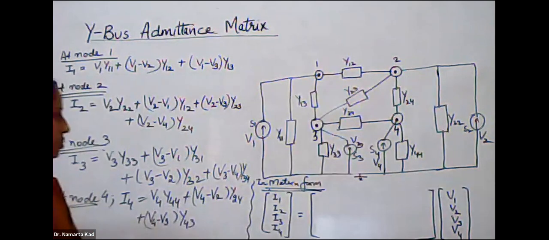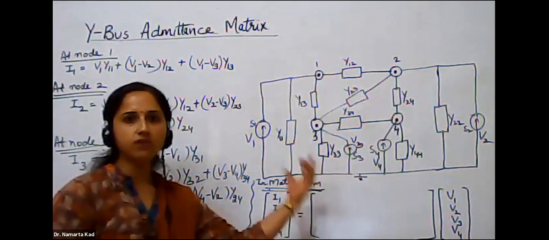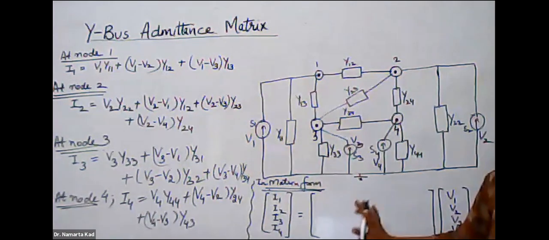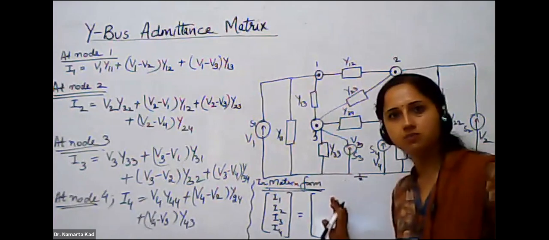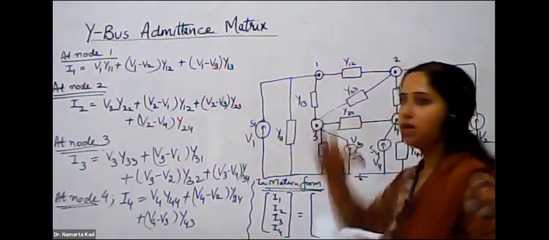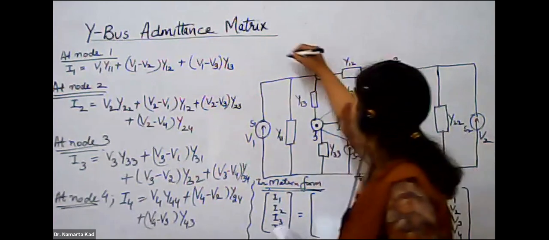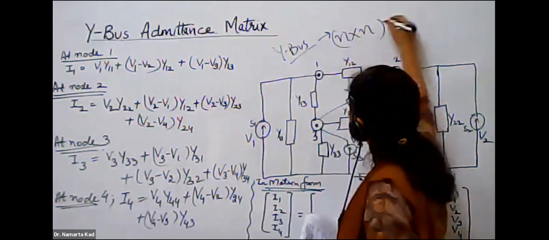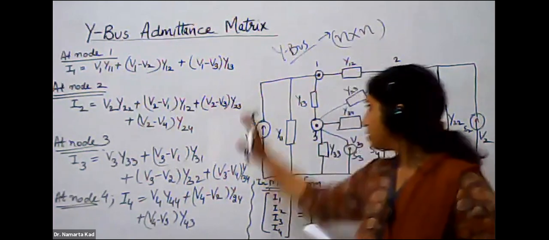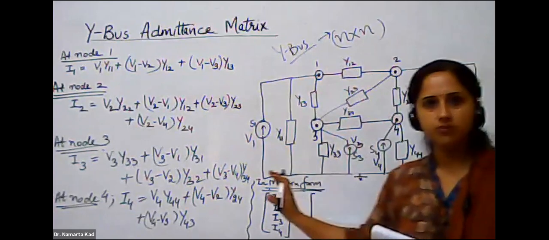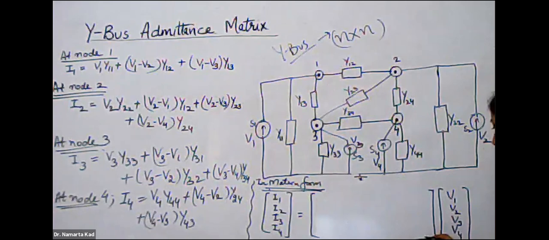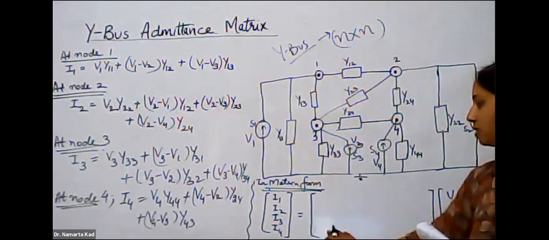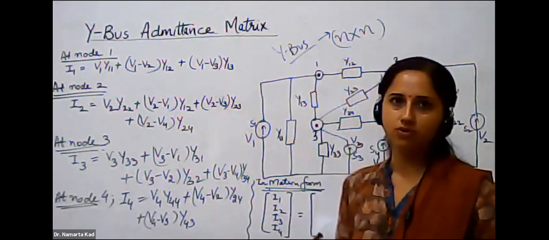Okay, so the first term in this matrix, and firstly one thing to note down is this. Now this will be our Y bus matrix. Okay, and this matrix is an n by n matrix. Okay, this Y bus matrix, it is an n by n matrix. Like in this example, we have taken 4 buses, so it will be a 4 by 4 matrix. Okay, so 4 elements are on this side and 4 elements are on this side. There are 4 rows and 4 columns.